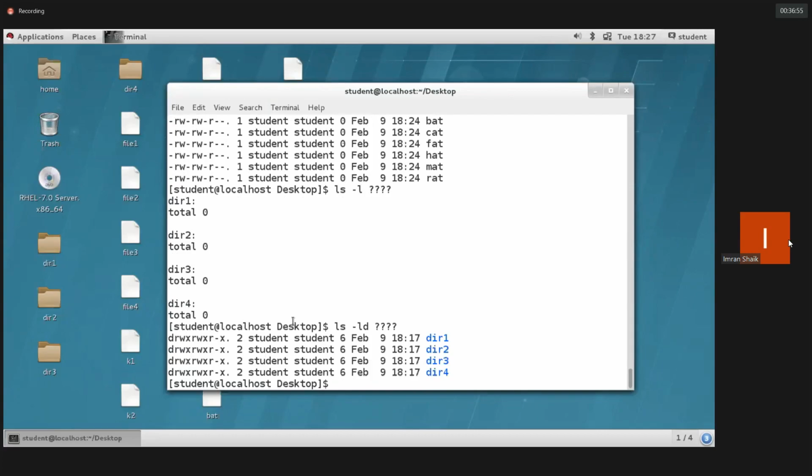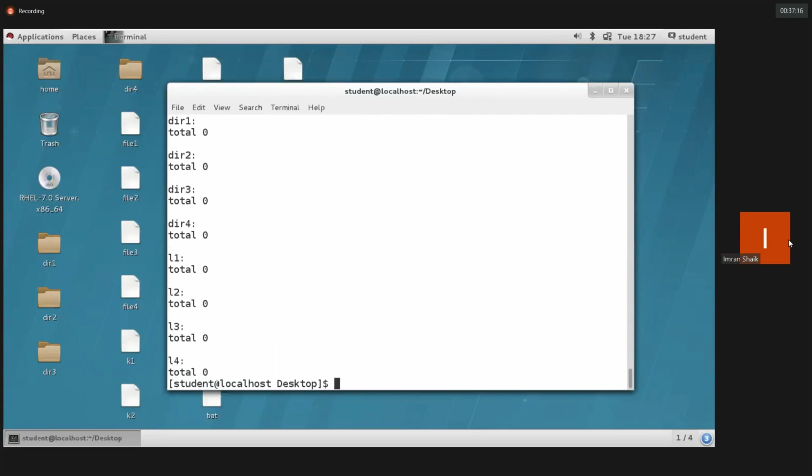Okay. So now my intention is, apart from starting letter F and starting letter K, I need to print everything else. ls -l, open square brackets, exclamation mark, F and K, close the square brackets, question mark and star.